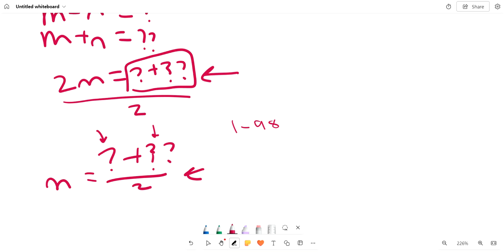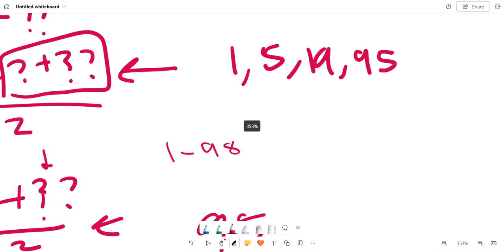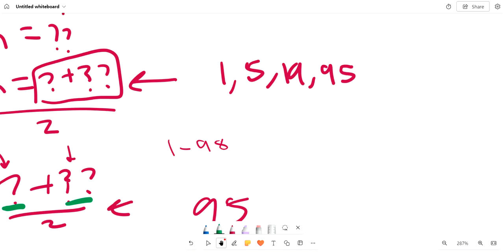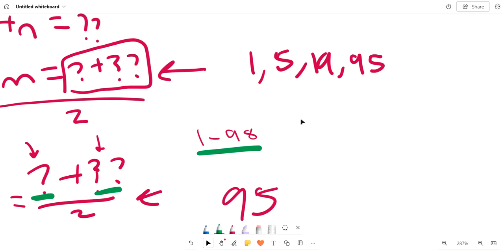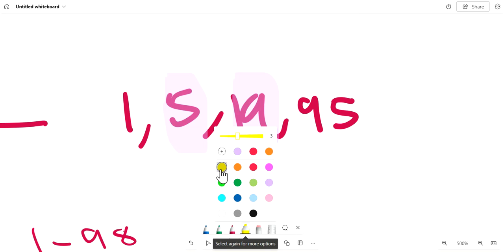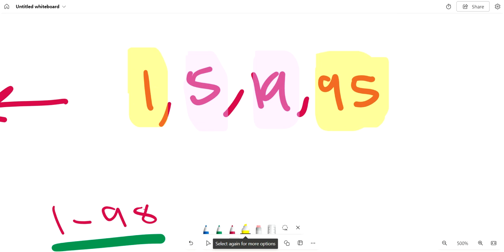Like say 95. Well, the factors are 1, 5, 19, and 95. And these two factors have to multiply to be a number from 1 to 98. So if we look at these four, we pair them up, and these two are a pair and these two are a pair. Let's do them individually. In the first pair, we have one that is odd